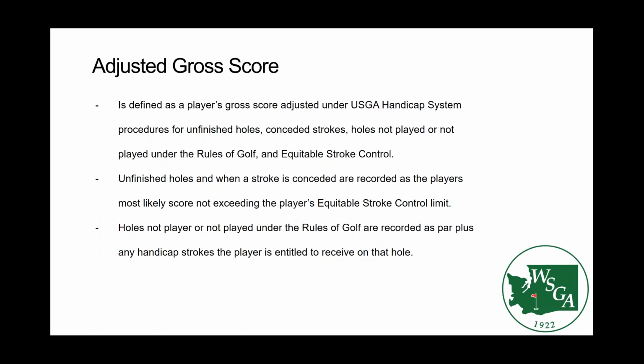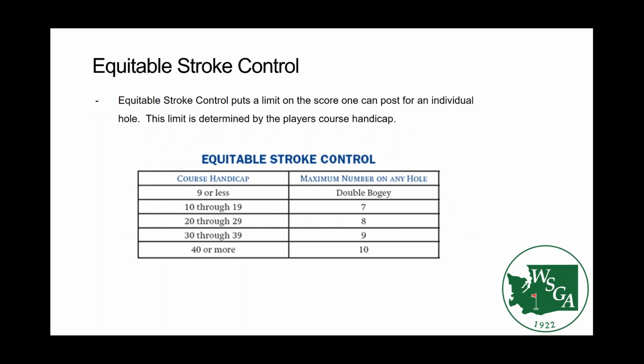The final part of the adjusted gross score is equitable stroke control. What this is it sets a hole-by-hole limit of strokes you can post. So as you can see here, if your course handicap is 9 or less, the most you can post is a double bogey, all the way up to someone who has a 40 handicap or more, the most they can post is a 10. So if you shoot a 12 or 14 on a hole,